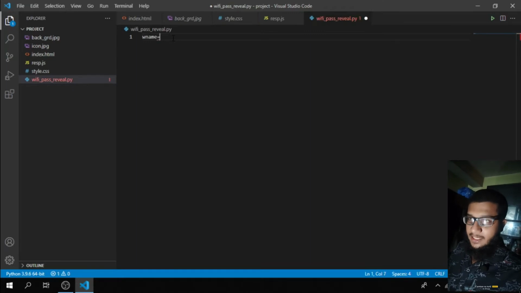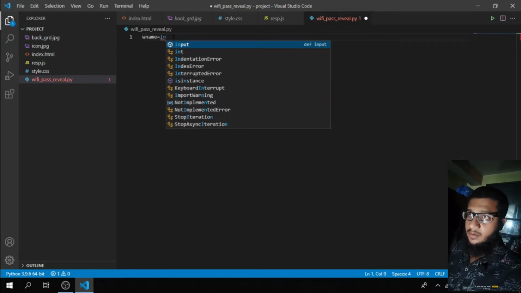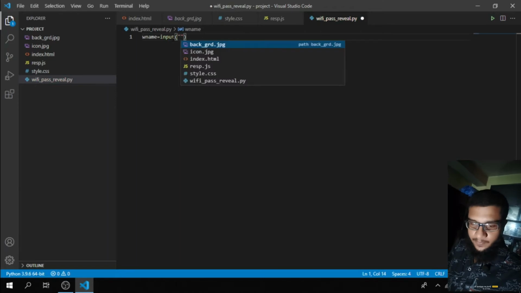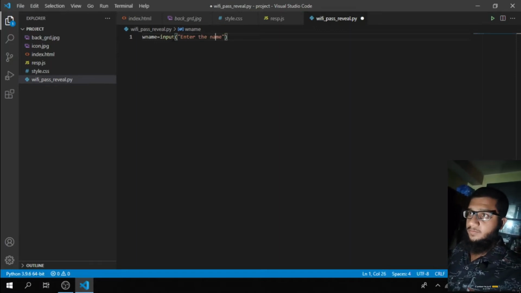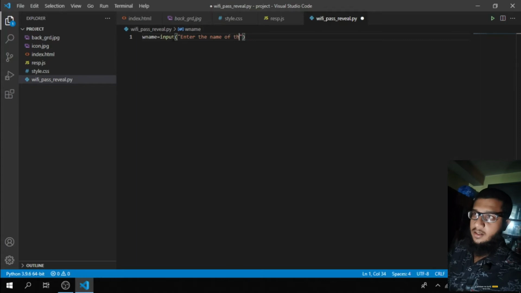And here I'll take an input and I'll type here: enter the name of the Wi-Fi network.